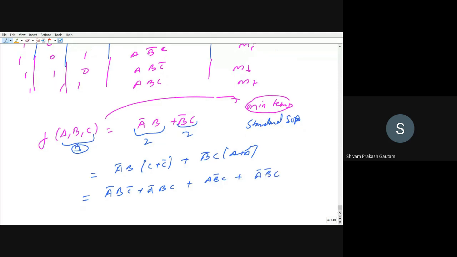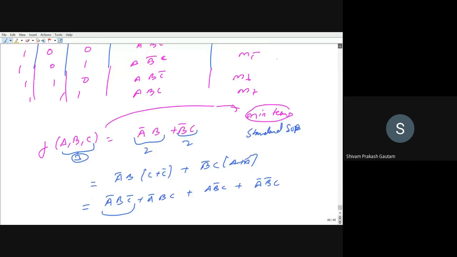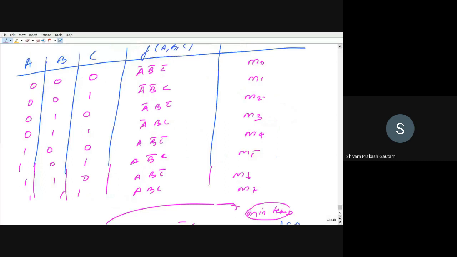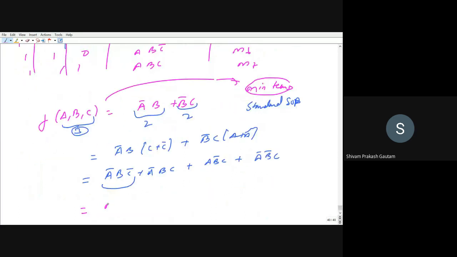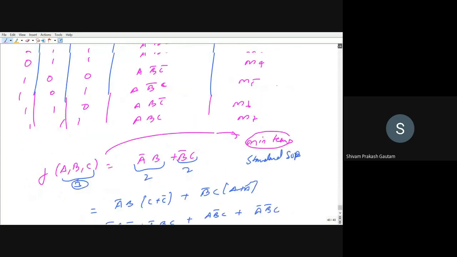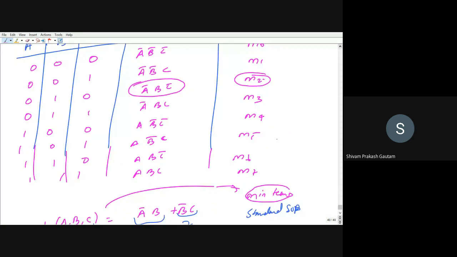Right now you can see in the table, just for starting point, if you solve 3 or 4 problems, then it will come intuitively. But just for the sake, just see on the table right now. So this is A bar B C bar. So this is the term A bar B C bar. So it is equal to minterm 2. So you can write M2 plus, correct, A bar B C. This is A bar B C. So this can be M3